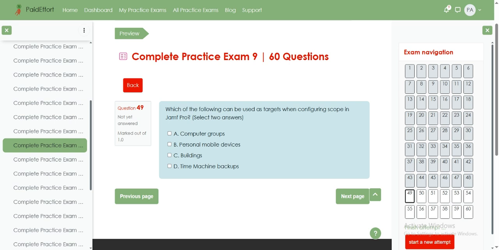Which of the following can be used as targets when configuring scope in Jamf Pro? Select two answers. A, computer groups, B, personal mobile devices, C, buildings, D, time machine backups. Correct answers. A, computer groups, C, buildings. Now let's explain. When configuring scope in Jamf Pro, you're essentially defining who or what should receive a policy, profile,